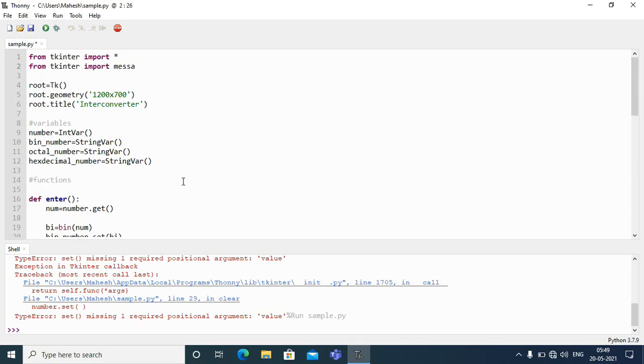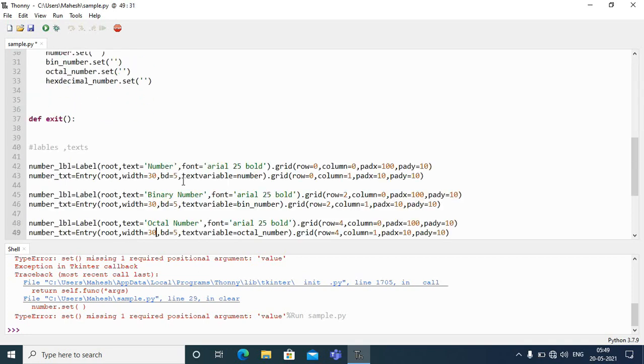Just take any variable. I'm taking ch here, that means choice, and simply I am calling this messagebox dot. We have a method that is askyesno. We are simply using this, and simply I am passing some message as alert,